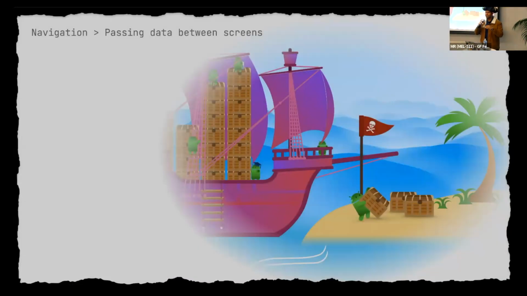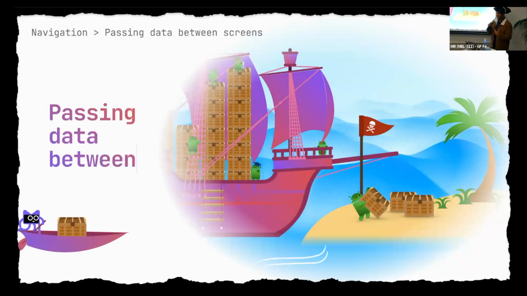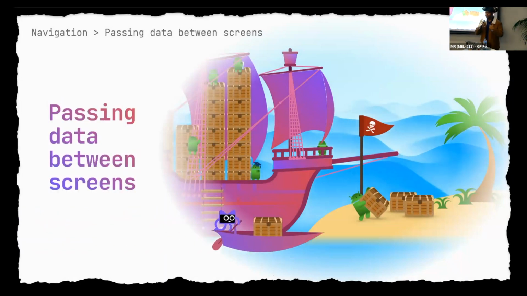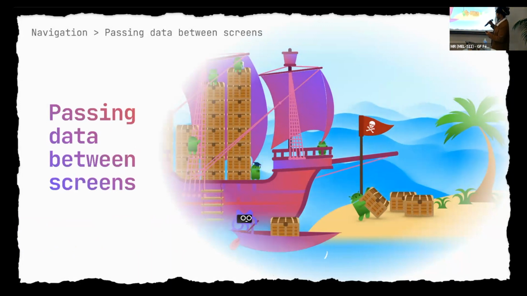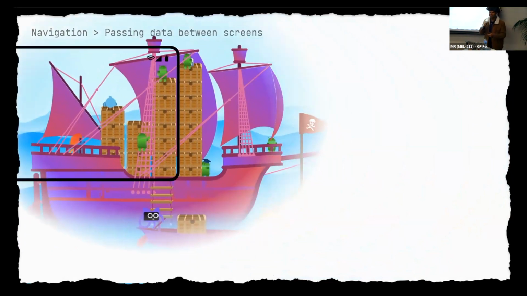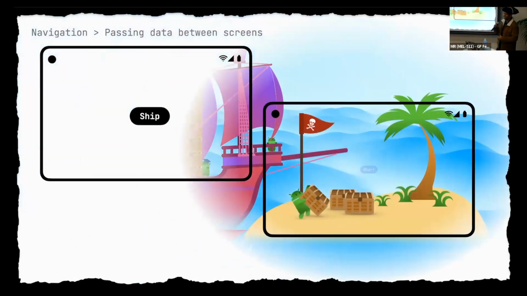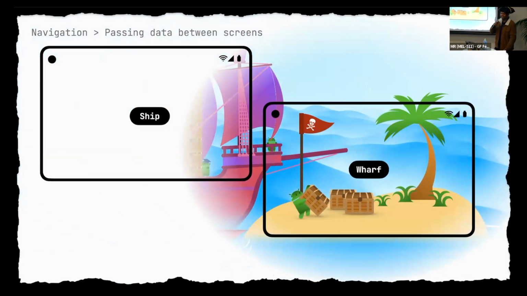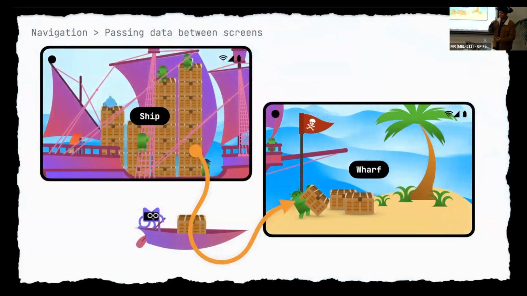All right, now that we know how to animate screens, the next problem we want to solve is how to pass data between screens. Now, this is the most common use case of a navigation library. Let's actually talk about an example screen. So here we have two screens. You can actually think of this as a list screen and a detail screen. Here in the list screen, we have a list of items the users can select. And on the detail screen, they can crack open the boxes and see the details. And in the list screen, essentially the users can make a selection, which gets passed down to the detail screen as